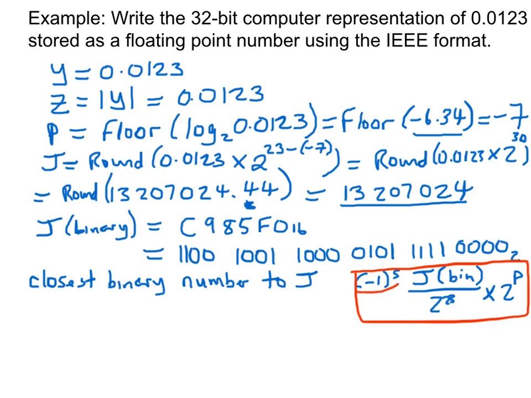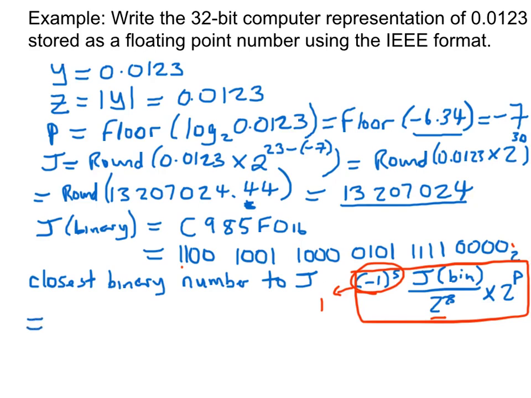Any number to the power of 0 is equal to 1. So that just turns out to be 1. We have j in binary, and now we just put in the other things. Dividing by 2 to the power of 23, there's 24 digits in j, 1s and 0s. So it just has the effect of moving the fractional point from here up to here. So when we do all of that, what we get is that the closest binary number to j is equal to